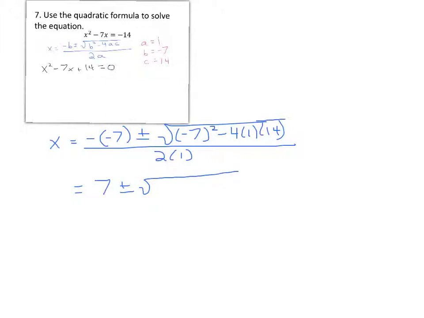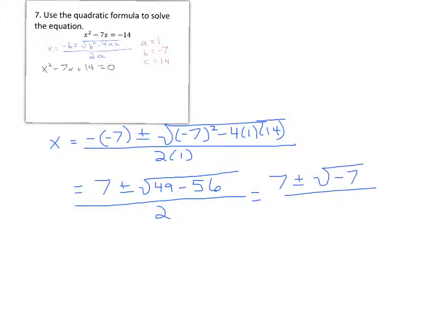Negative 7 squared is positive 49 minus 4 times 14 is 56. All of that over 2 is going to be 7 plus or minus the square root of negative 7 over 2, which is equal to